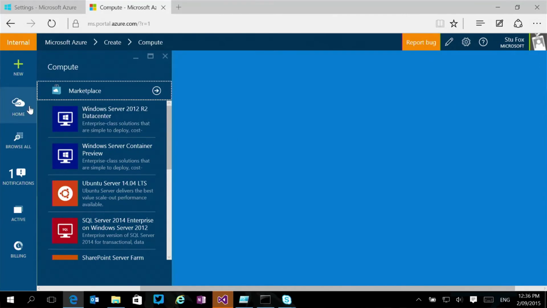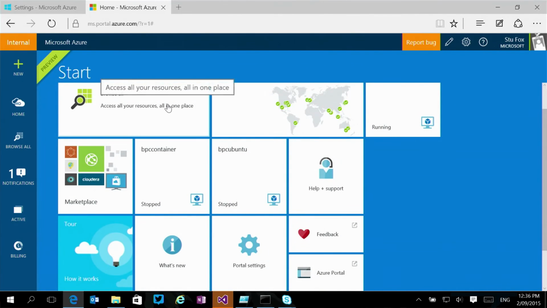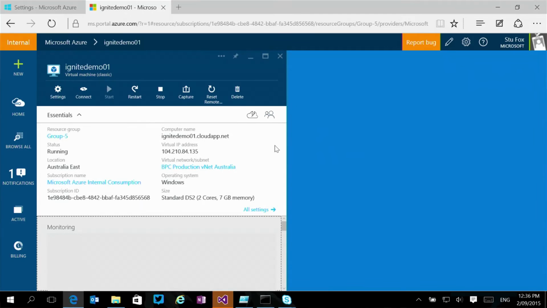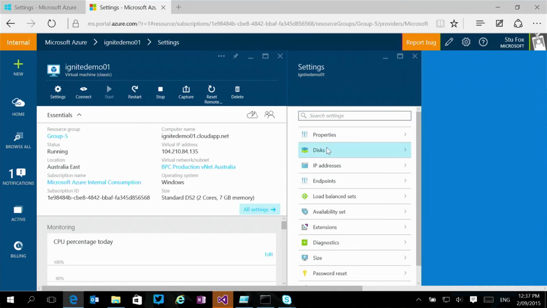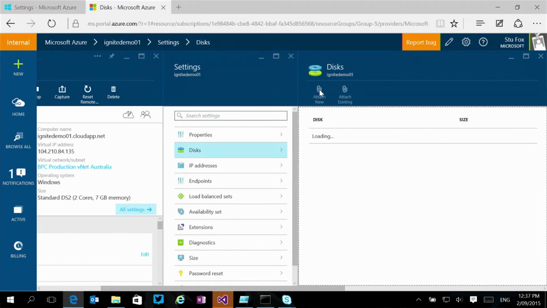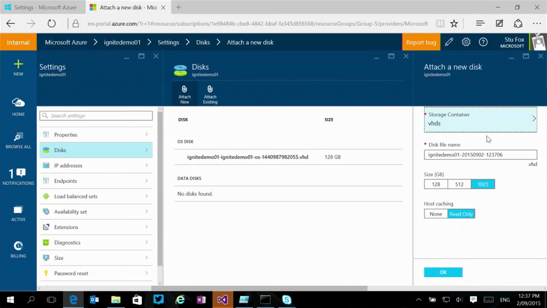Once I've created my VM as an S-series VM, I can then attach premium storage to it. I've got one here, and I'll show you quickly how to do that. It's super easy. I just go to disks and go attach new. And you'll see here, if you've used Azure before and used classic storage, or standard storage,